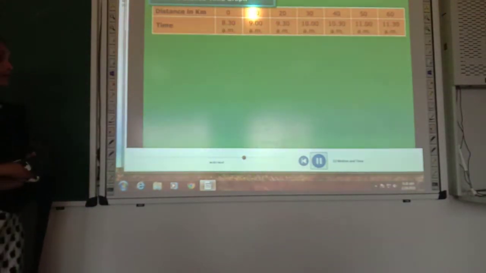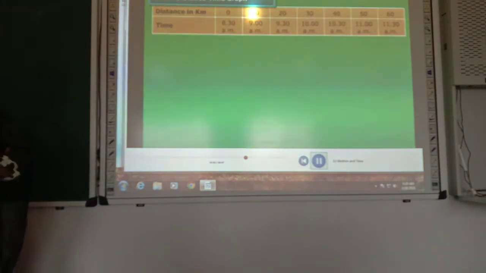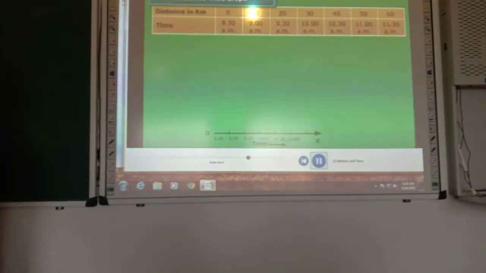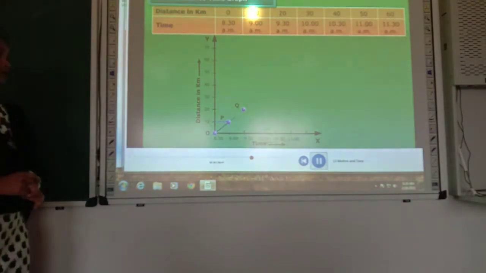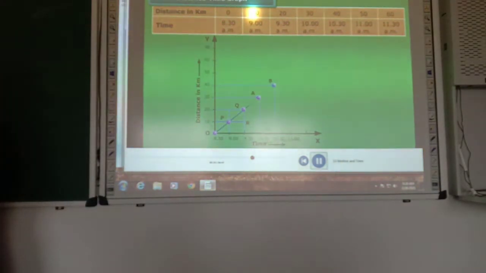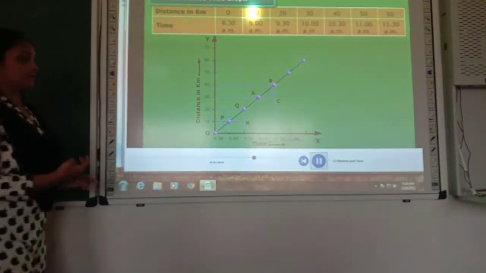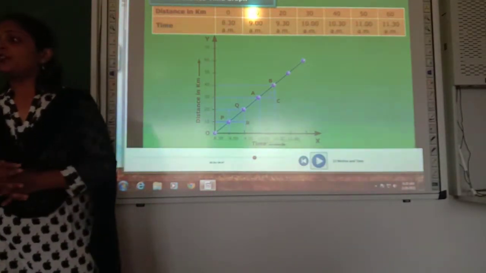Motion of objects can be presented in pictorial form with the help of a distance-time graph. For this purpose, first draw a horizontal line to represent the x-axis and a vertical line to represent the y-axis and mark them as OX and OY. Measure time along the x-axis and distance along the y-axis. Mark values for the time and the distance on the respective axes. Here, this is our representation in the graph,